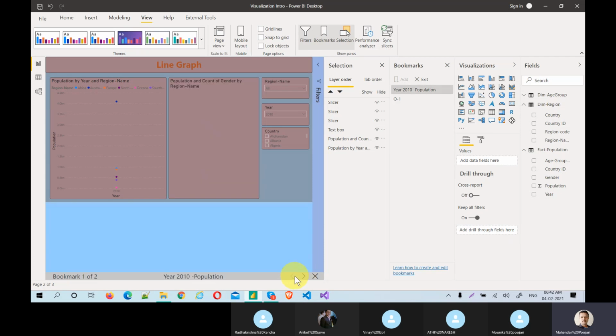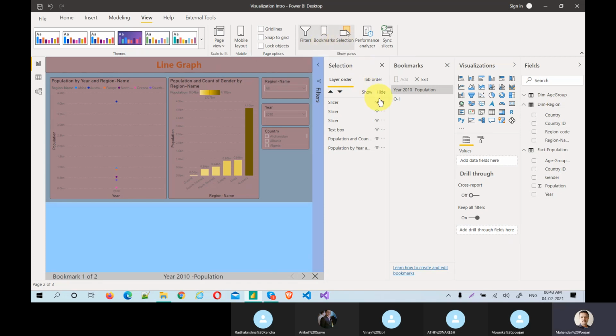In some cases they want to see, I mean, you are just hiding, but you can give a different visual also here. They think that this graph itself is changing to another graph, but actually the backend scenario is something like this. Here you will hide something and you will unhide something else. That is the magical thing. It's a kind of illusion to the end user, but in the backend there is a lot of work. We'll discuss this later, but this is one of the critical and important things to understand.